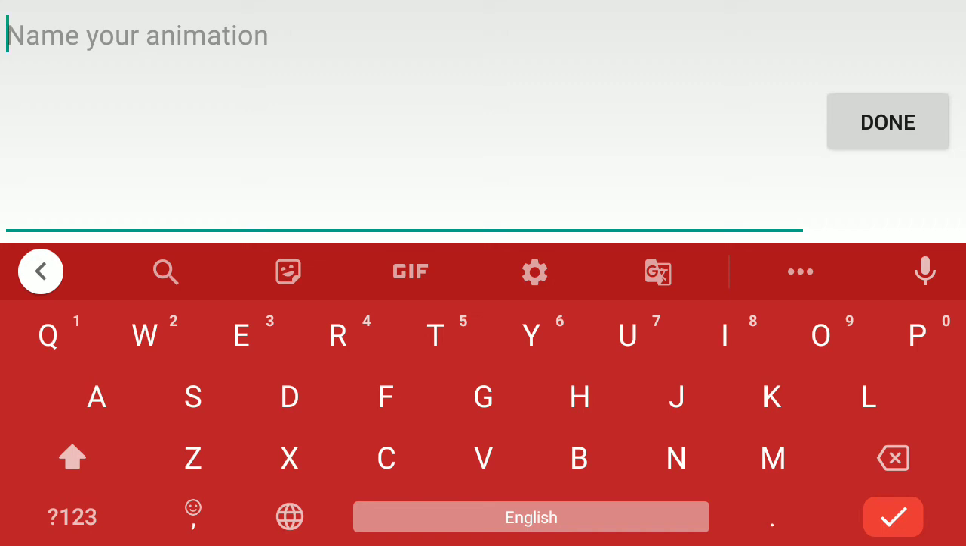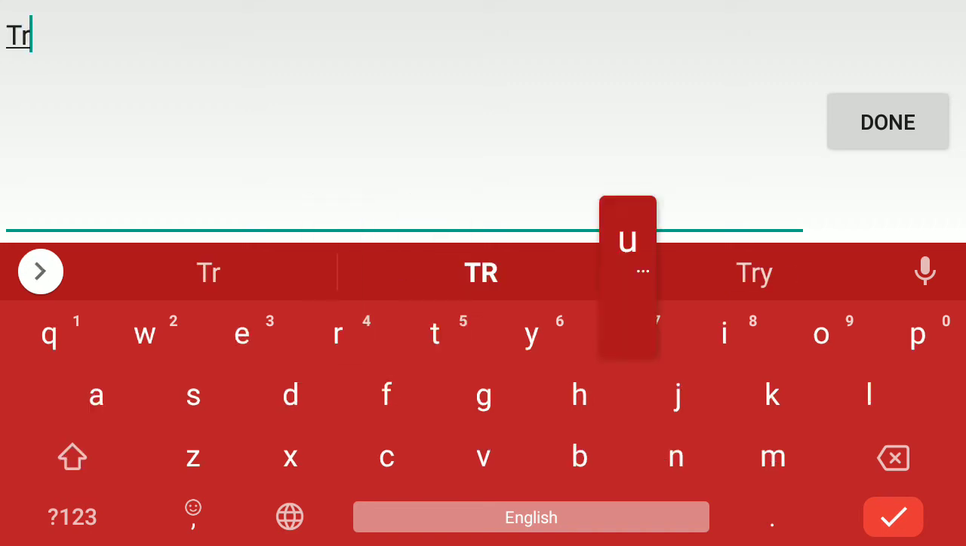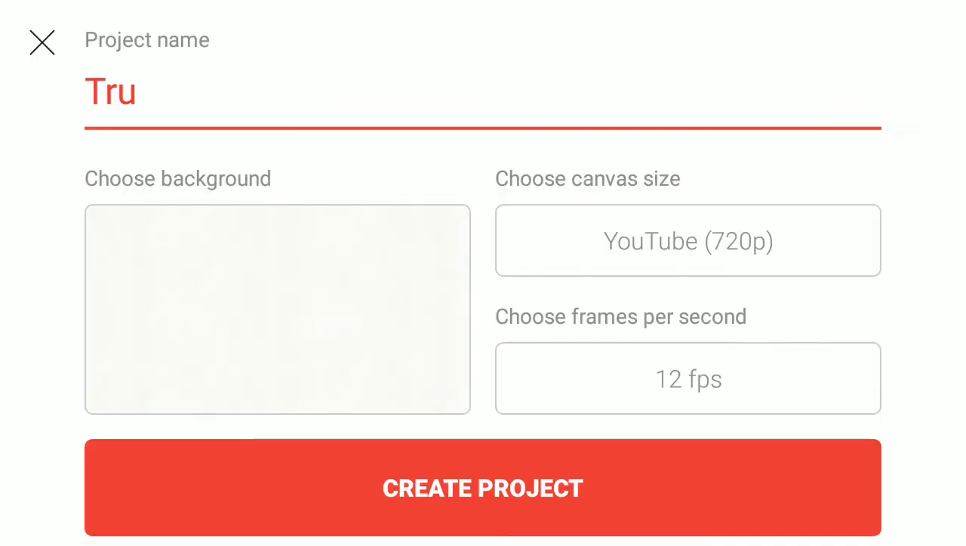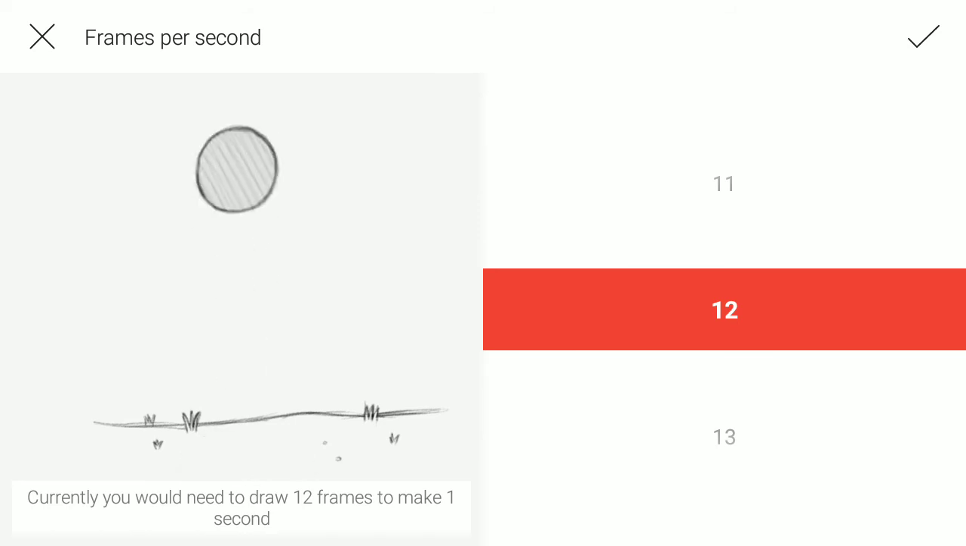This sucks. FPS. Okay, FPS. So what are the FPSs? Okay, so 30 FPS is the max